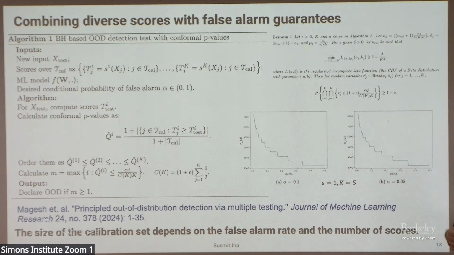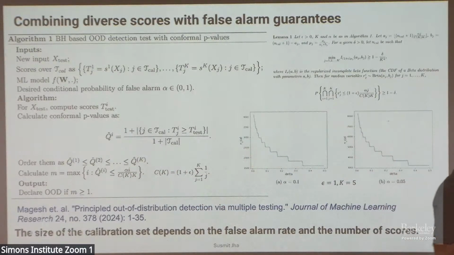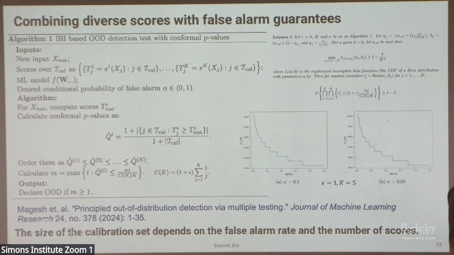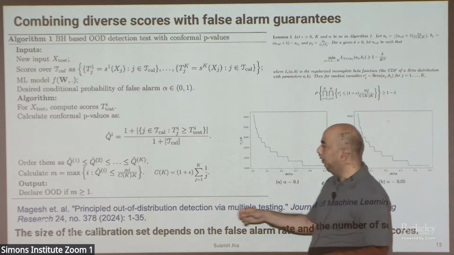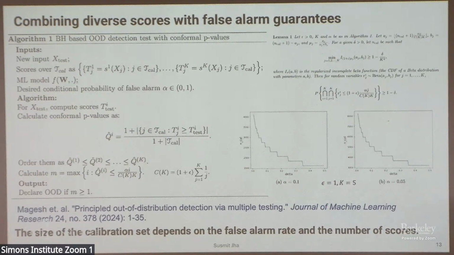And then the way we combine them is by ranking all these p-values in ascending order. So all these q_i are the p-values, ranked in ascending order. For a moment, ignore the c_k value that you're looking at. What is happening is that alpha is the total mass of how much false alarm guarantee you want to give. Maybe you can tolerate 5%, 2.5%, some level of false alarm guarantee. You take that alpha, split it across all these k different tests, and assign each of these p-values that much leeway. If any of those violate that, you will reject the combination of these hypothesis tests and say that this is out of distribution.